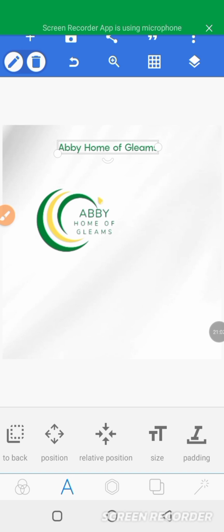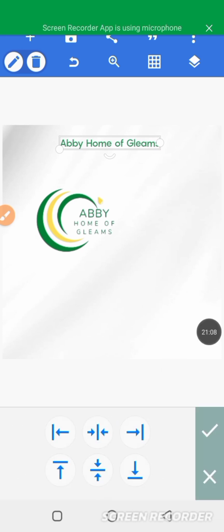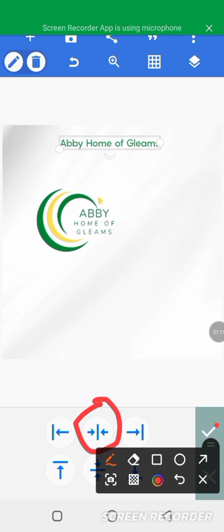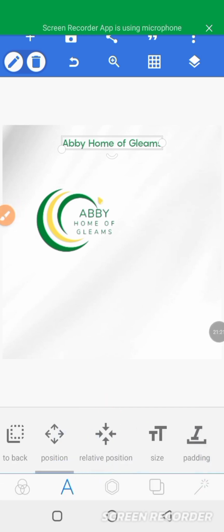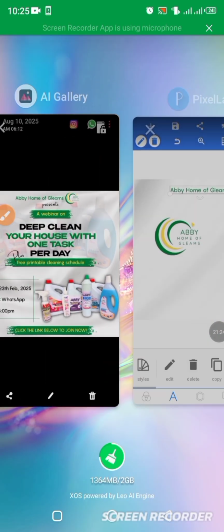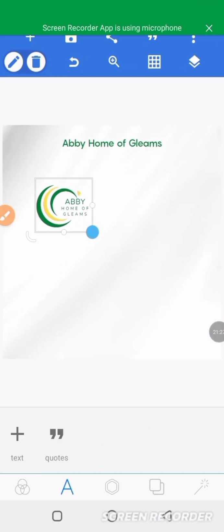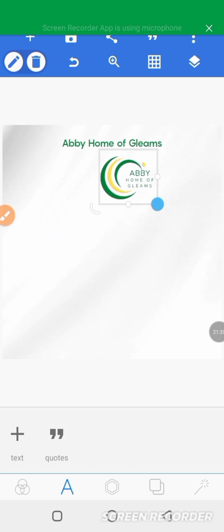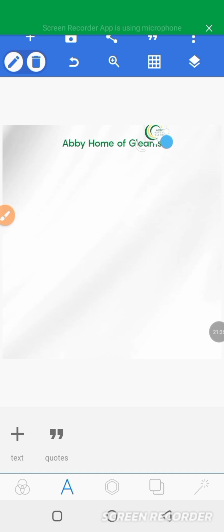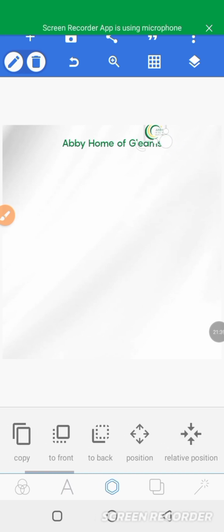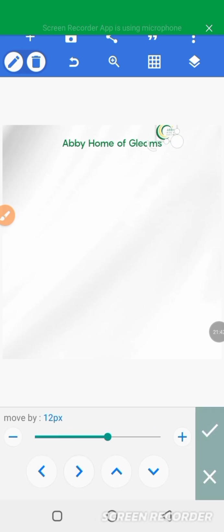Let's continue. To centralize this alveolar of glimpse now, come to relative position, then tap on this icon here, so to centralize it to the middle. So now it is perfectly placed in the middle. So the next thing is to add the logo beside the brand name. So you reduce the logo here, so then you can use this position here to place it perfectly